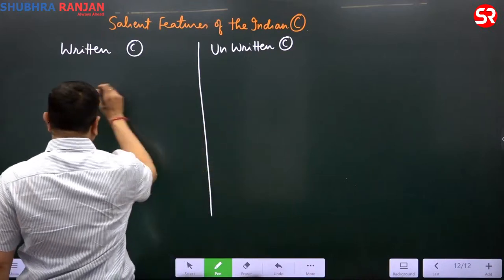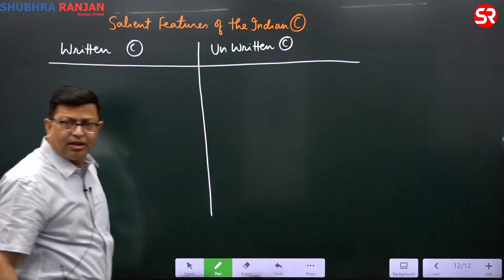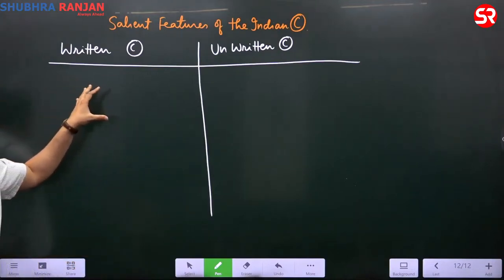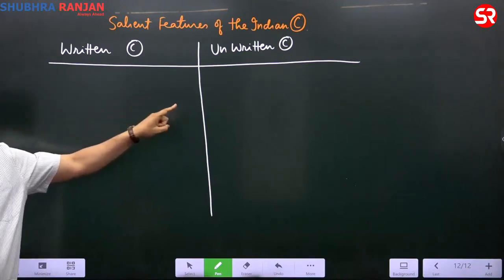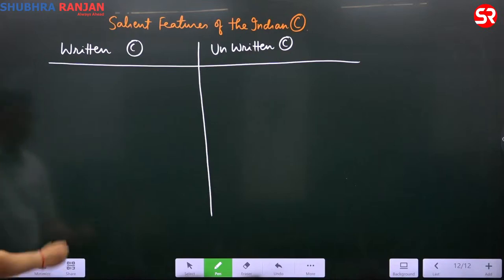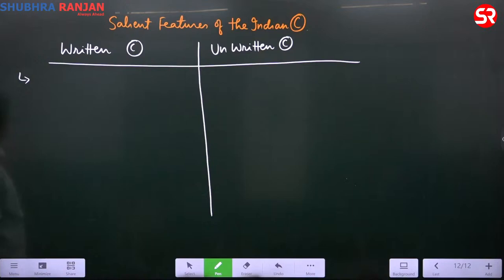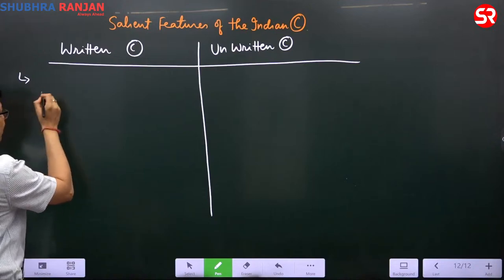Now herein we will differentiate. So we know that we have a written constitution, but we also need to know about the unwritten constitution. Now, why do we say that the Indian constitution is a written constitution? Here you can write: a written constitution